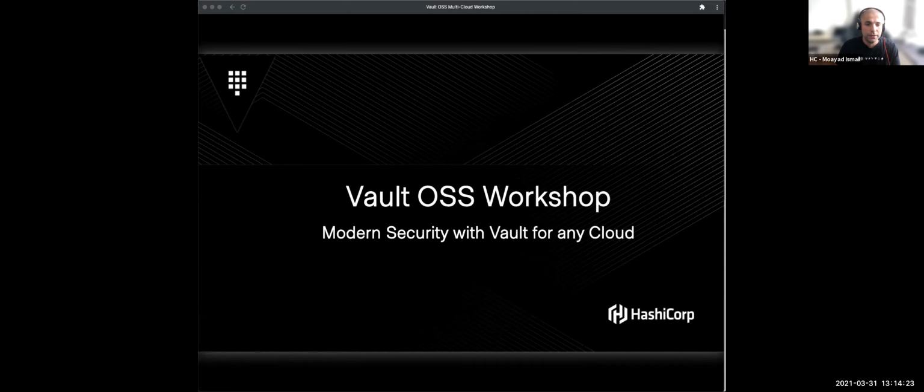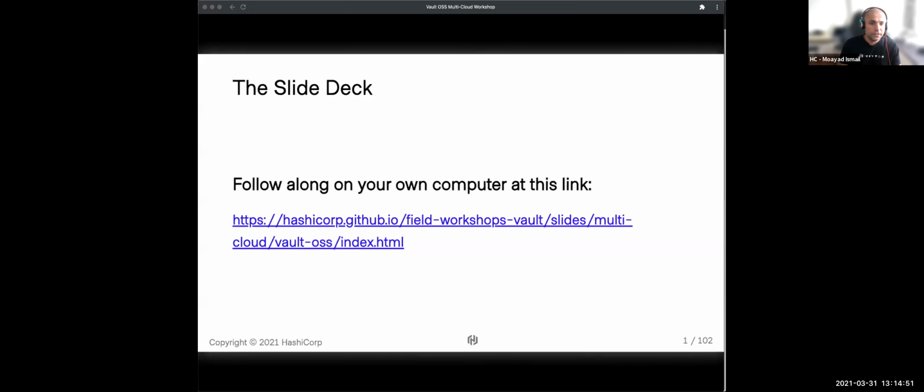So the intent of this workshop is to introduce everyone here to the Vault OSS open source version of Vault. However, I will make references to specific features that are available in the enterprise version of it. And it's really aimed at giving you insight to how Vault operates, what problems it solves, and gives you some idea of how you can potentially use a tool such as Vault in your environment. I trust that a link has been provided with the slides so you can follow along. So please feel free to do so.